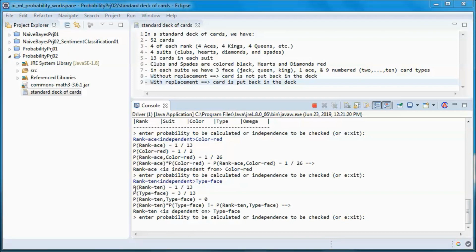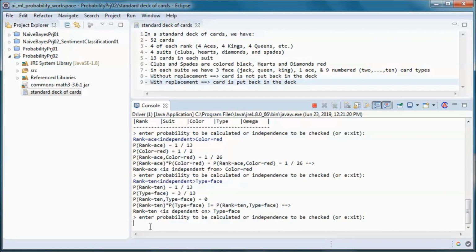And the reason is that those two events of rank is 10 and type is face are disjoint, so their intersection does not contain any cards, so the probability of rank is 10 and type is face is equal to 0. And if we multiply those two, here it is different from 0.